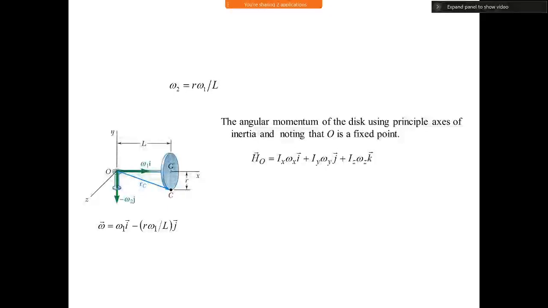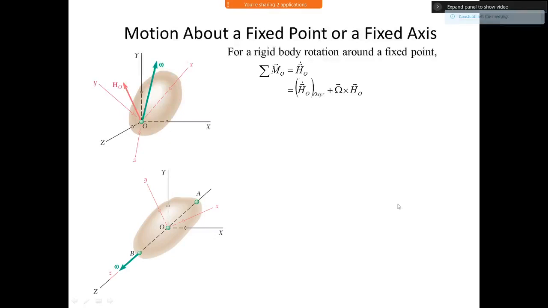Okay, so I hope we have completed this problem. Now to come to the gyroscope, more details of it, there is another special case which is motion about a fixed point or a fixed axis. So this is another special case where, instead of writing about the center of mass, sometimes it is more convenient to write about a fixed point. For example, in the case of a gyroscope, it is more convenient to write about point O, which is fixed, but we want to write it about the principal axis of the top or a gyro.